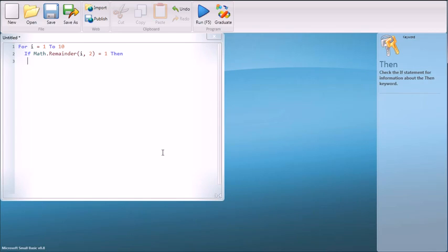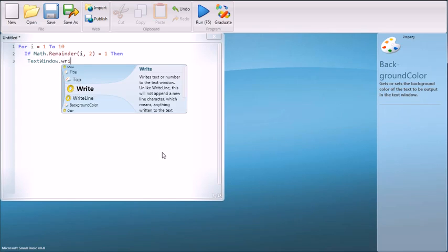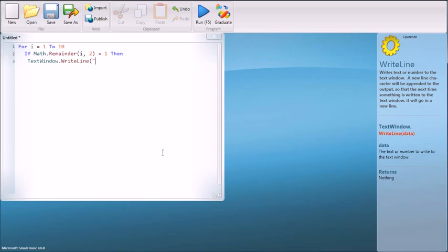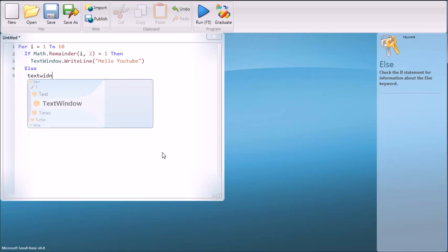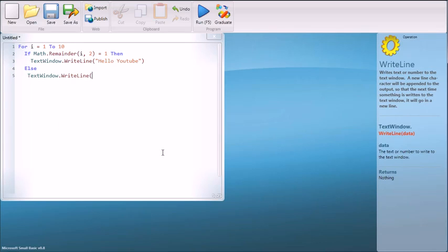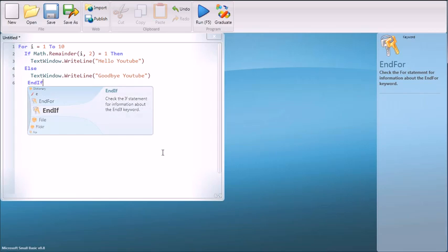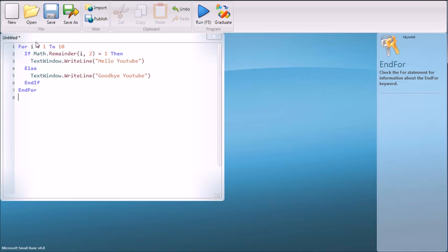then we're going to TextWindow.WriteLine "hello YouTube", and then else TextWindow.WriteLine "goodbye YouTube", and end if, and end for. Okay, so what this does is it takes I and it starts at 1, and then it's